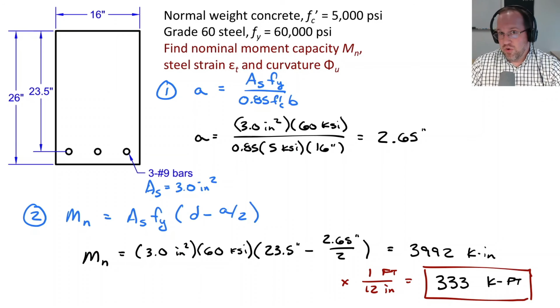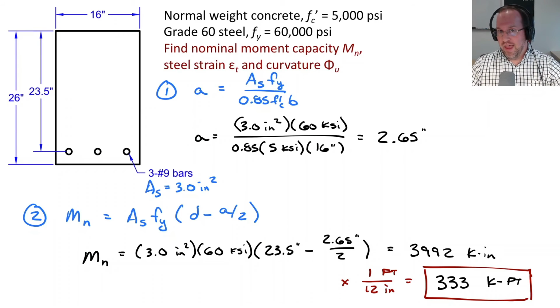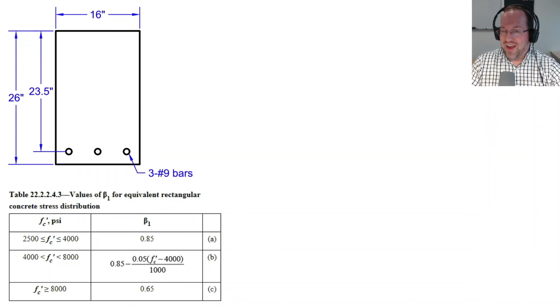So the next thing I want to do is check to make sure that my steel is yielding. I will also calculate the curvature just for informational purposes, and I'll also find the phi factor to make sure that I'm in the tension-controlled region to get my ultimate design capacity, which is phi times Mn, or phi times my moment capacity. So first, if we want to check our curvature, I need to find that depth to